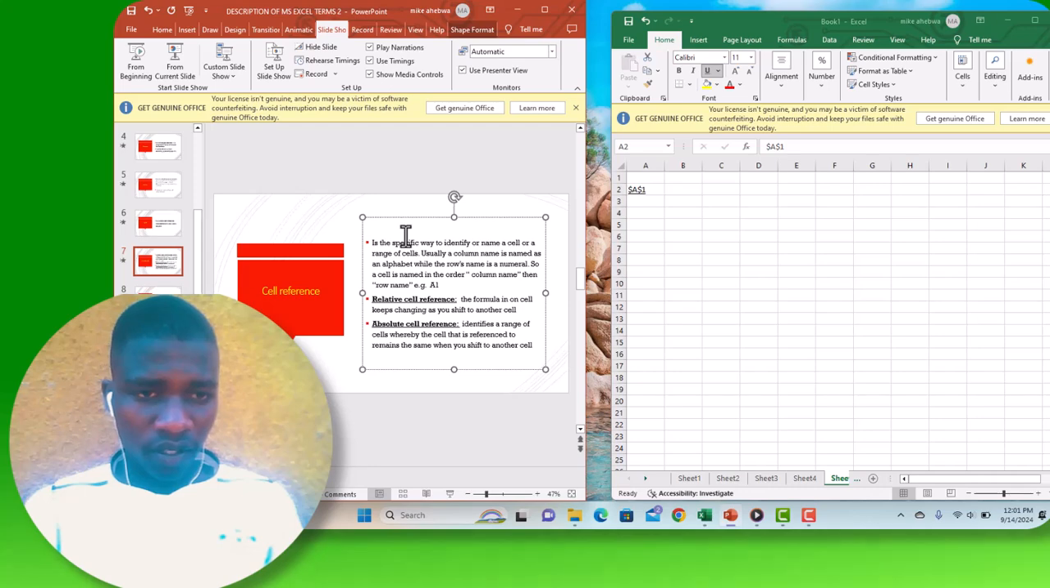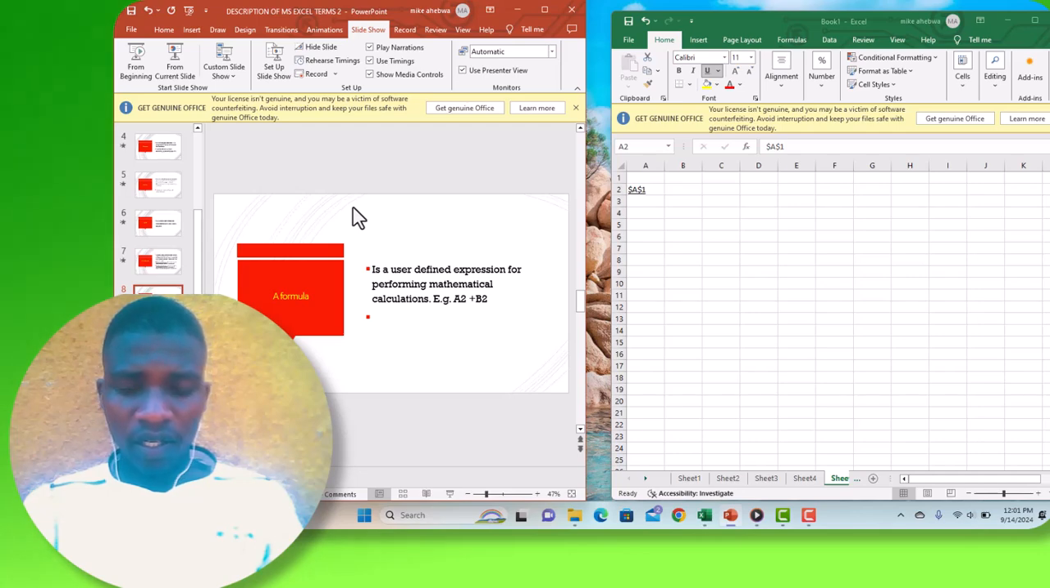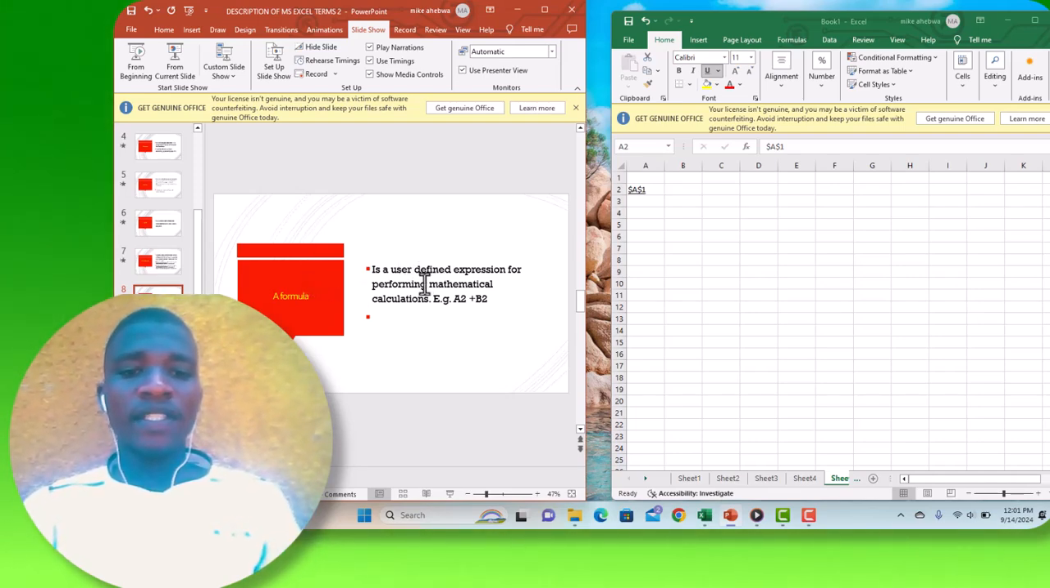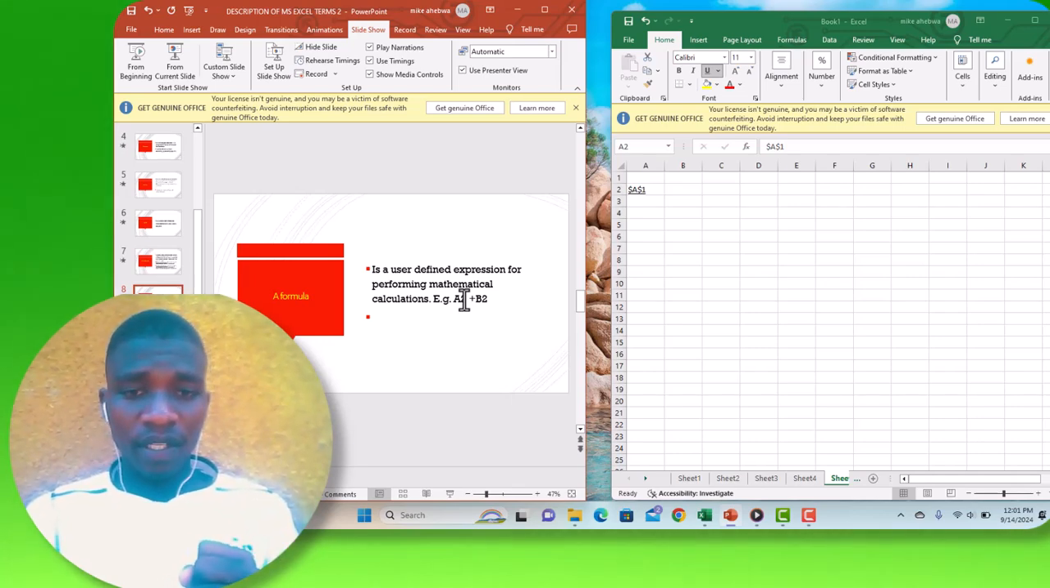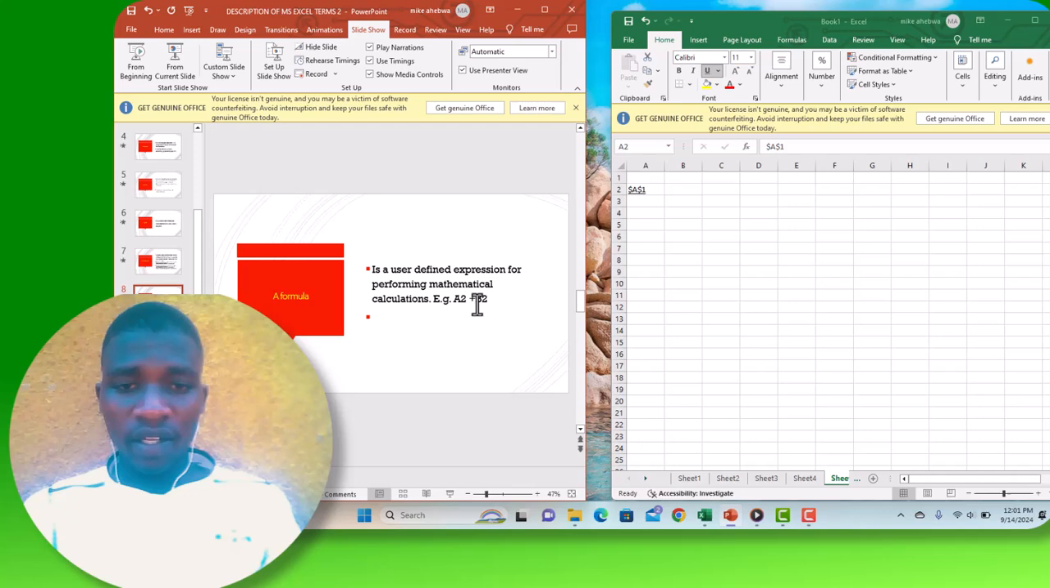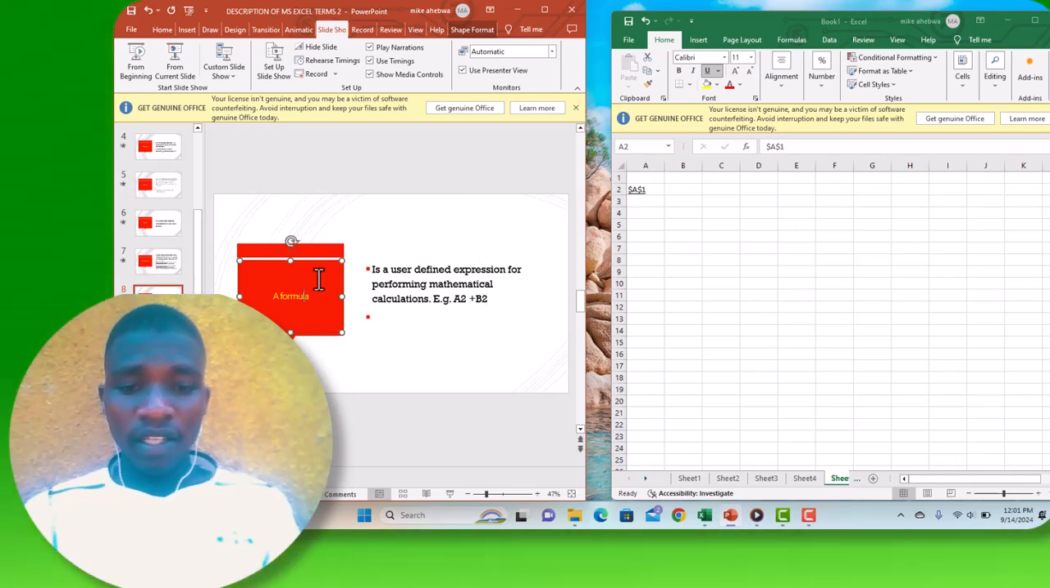In addition, leaving cell reference there, we continue to a formula. A formula is a user-defined expression that is used for performing mathematical calculations. It's the user who designs the expression. That's a formula. Unlike a function,